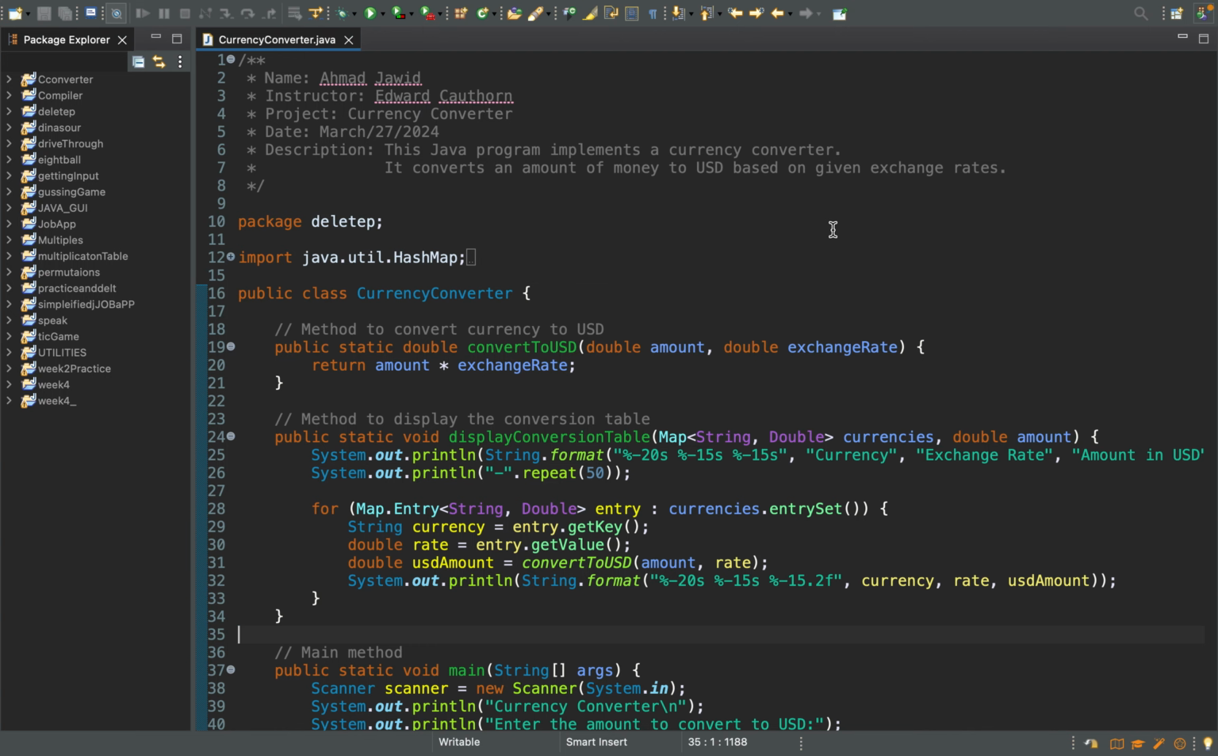Hello, this is AJ. I created my code for the currency converter, so I want to walk you through my code. And so I created my header here,